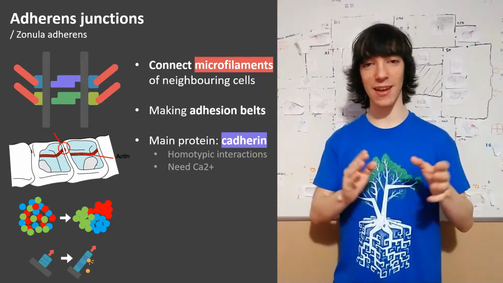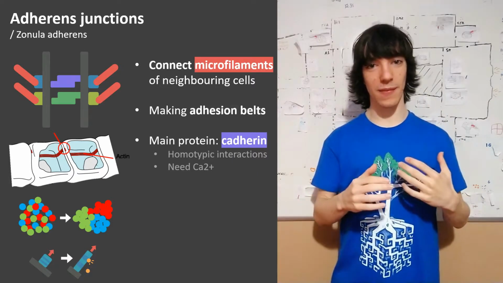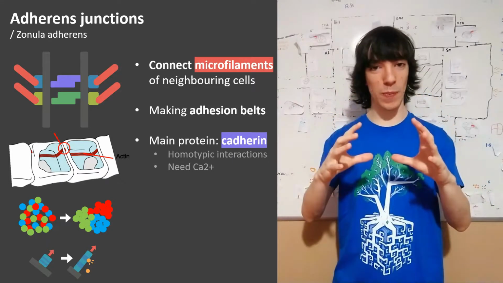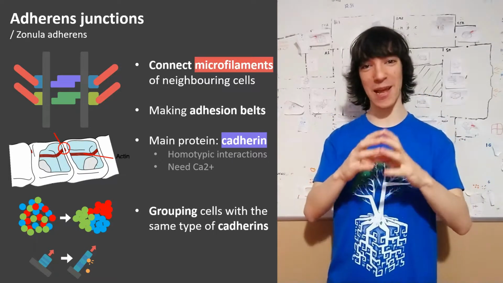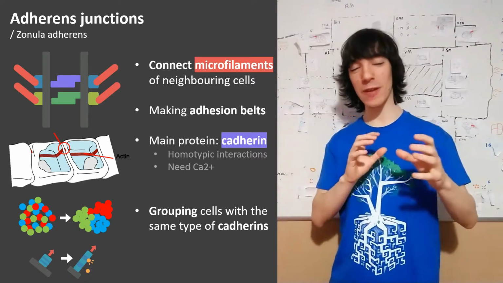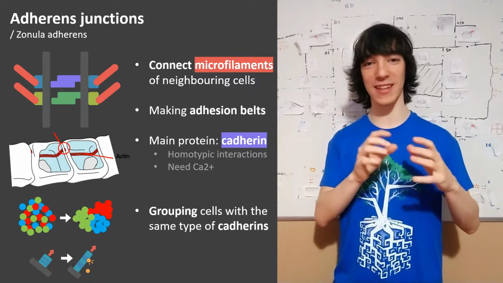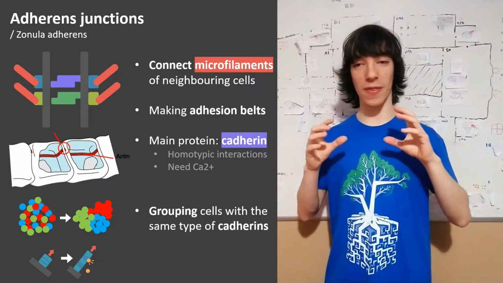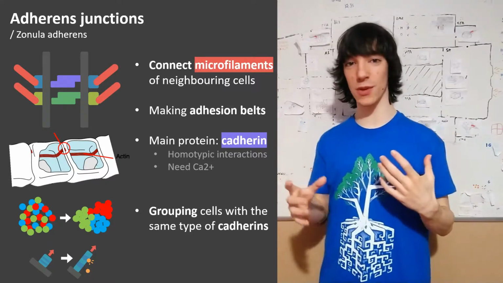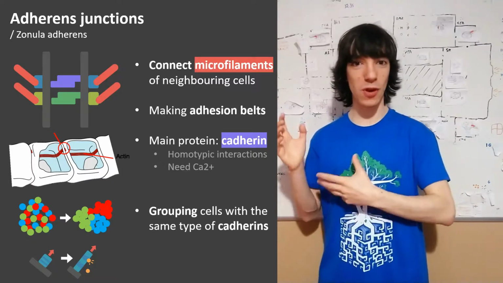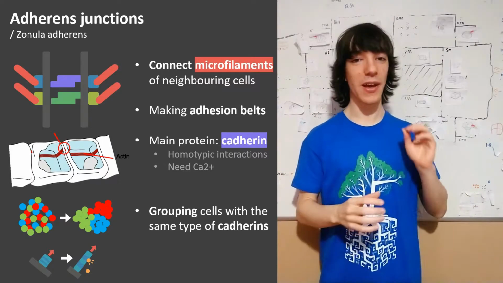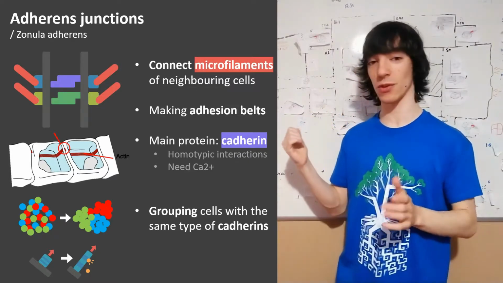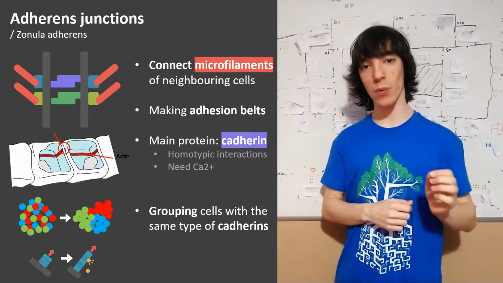type 3 cadherins, and you leave them room to move and enough time, over time, they will group into groups of the same type of cadherin, because they will only be able to attach to other cells of that same type. And that is a really important mechanism for the structuring of organs, of tissues during development. We will talk a lot more about these kind of systems during developmental biology, but for now, let's just say that adherence junctions and cadherins in particular are really important for that.